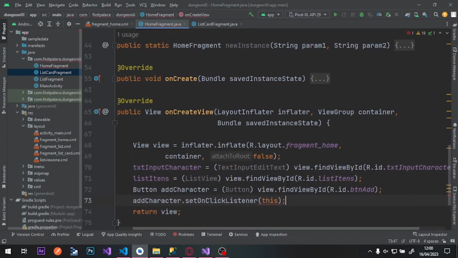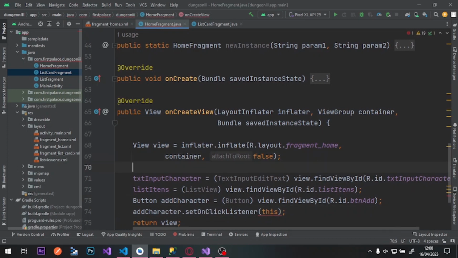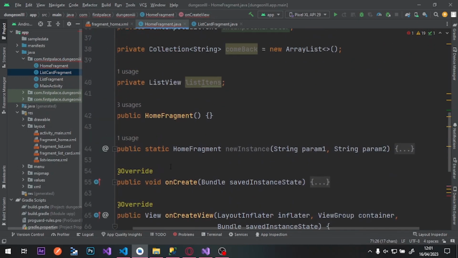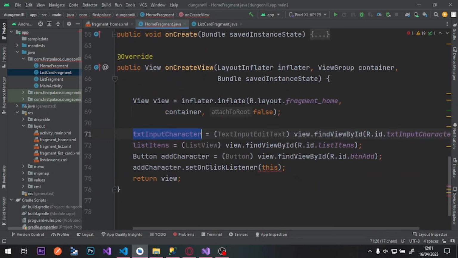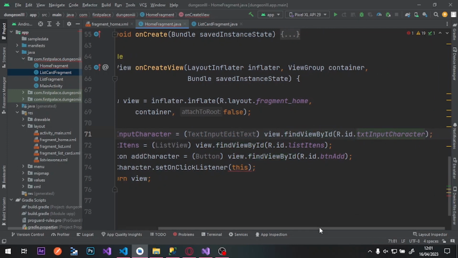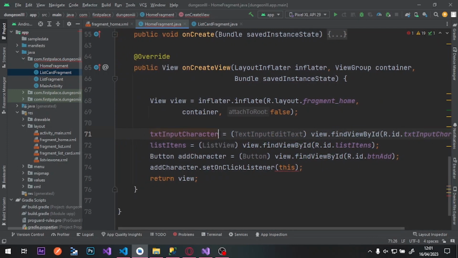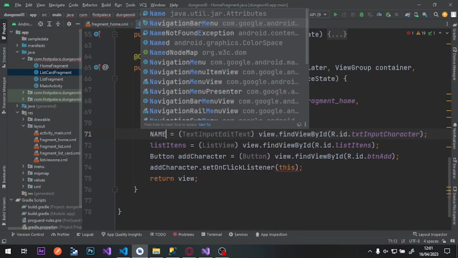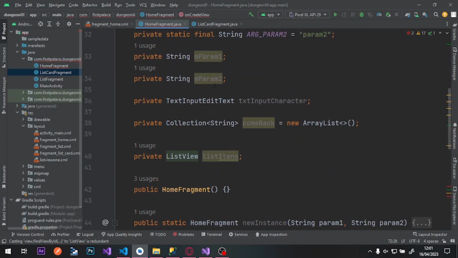This line is basically we catch the value type in the component and store it in the variable in this code, okay? The variable that we created above is equal, we need to do a cast, perfect, view.findViewById, the ID of the component. Like I said before, the name of the variable, you can choose any name, okay? For example, name and her name